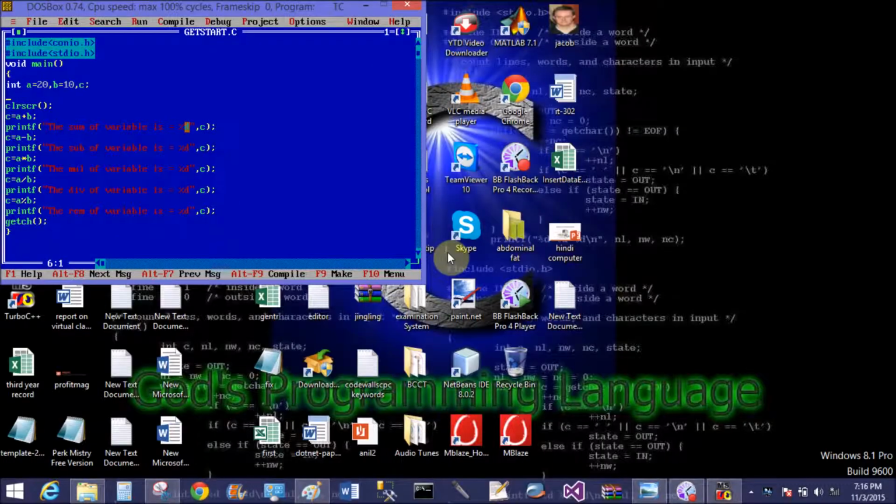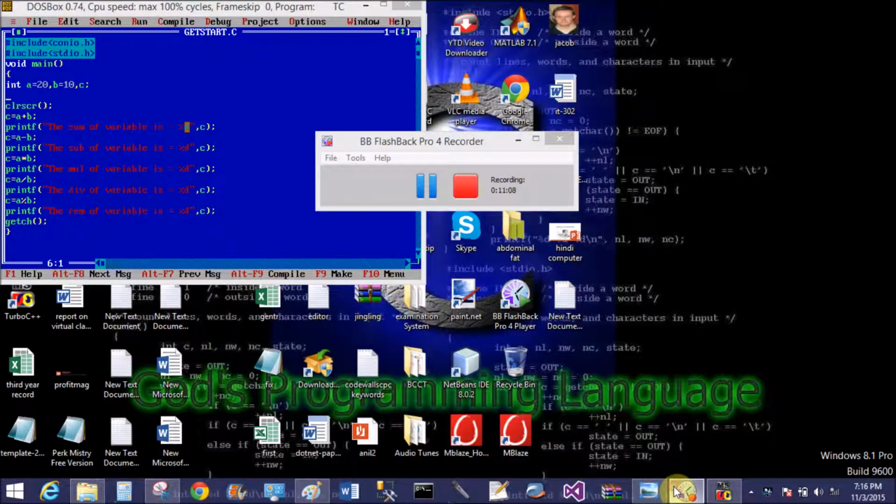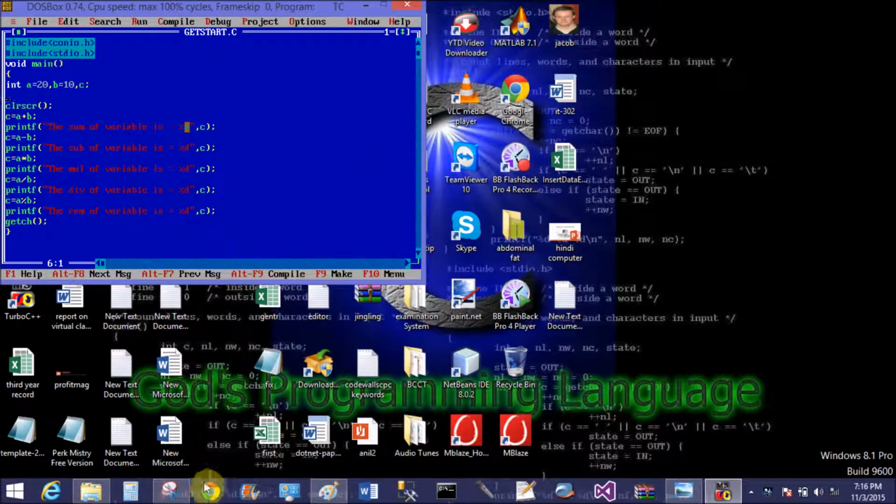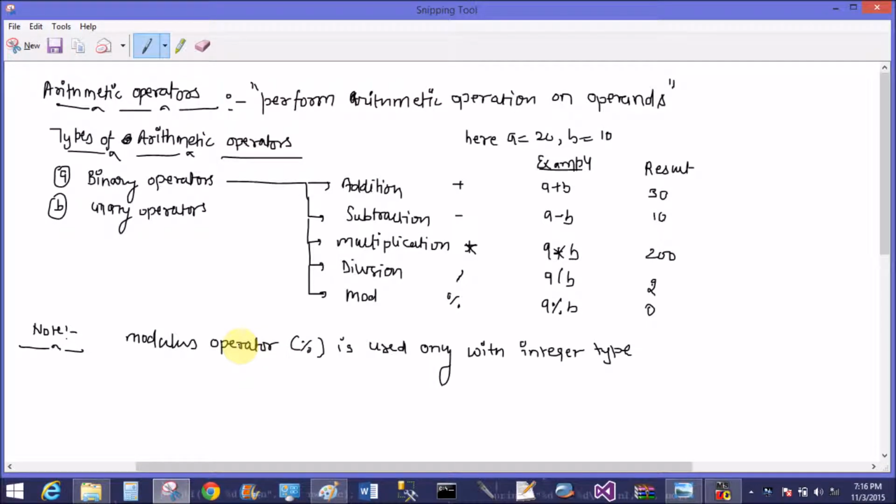That is the program. A modulus operator is used only with the integer type.